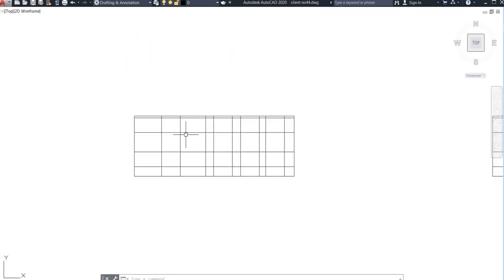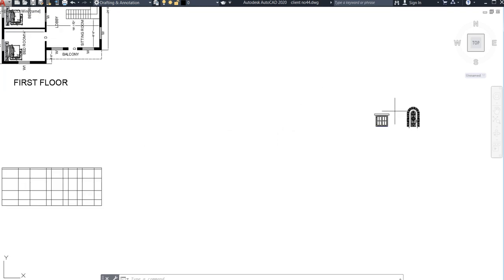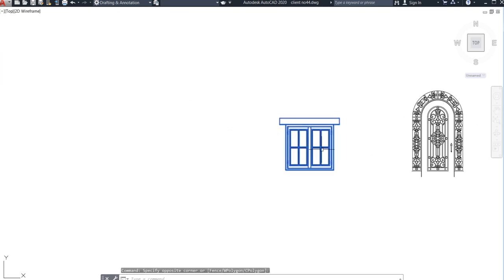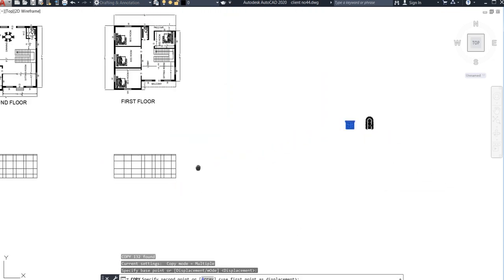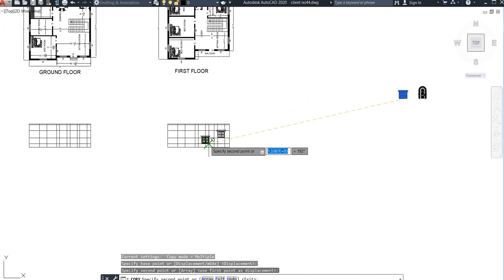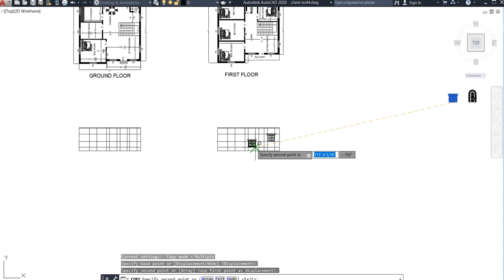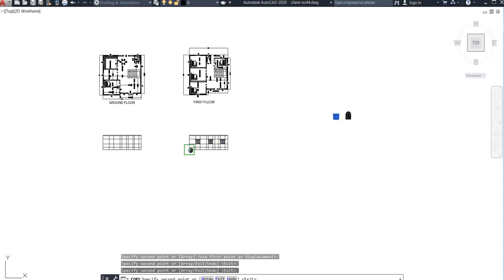You may get it, definitely I will attach it, no need to worry at all. Now as you can see I am doing this at a steady pace, as these things I have already explained. So now go for the copy command and take its corner, this corner, wherever you want to place your windows. I need to place my window here, then here, then here, right?